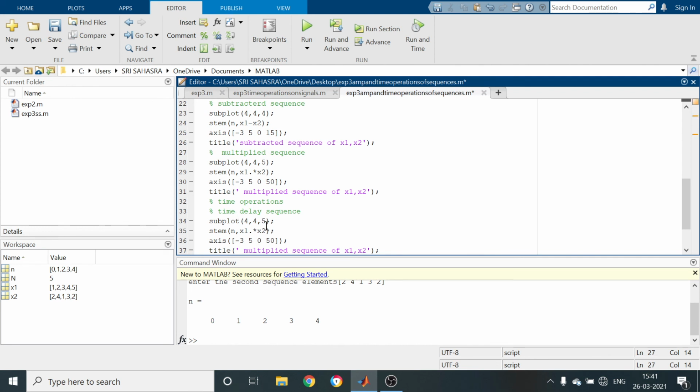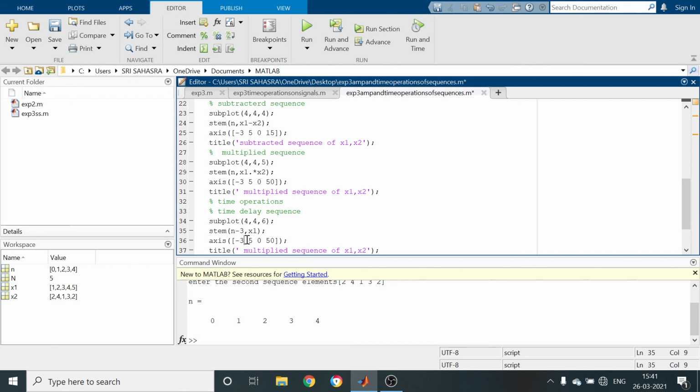here subplot 4 comma 4 comma 6, whereas stem n comma. For time operations you have to take only one sequence. So I am going to take time delay. Delay means here I am going to write some n minus 3.